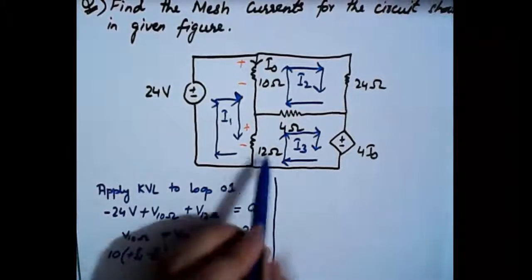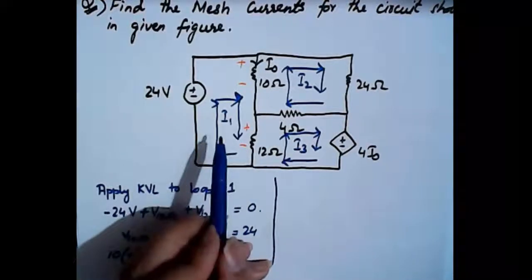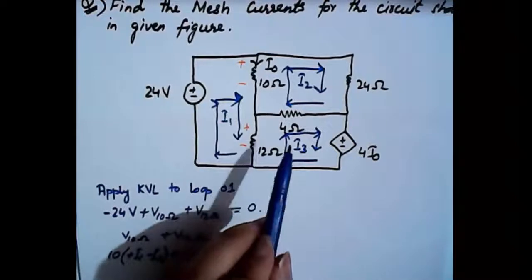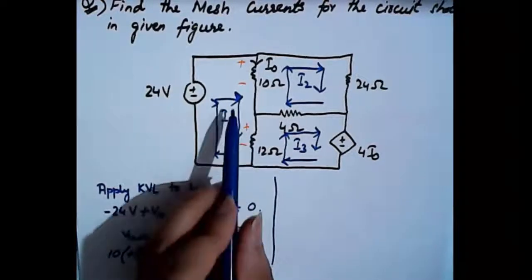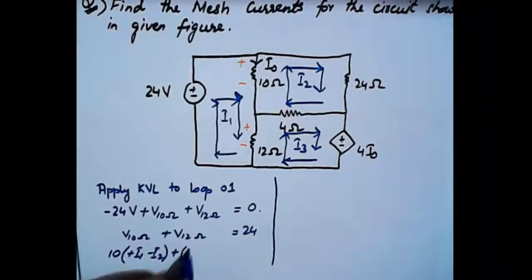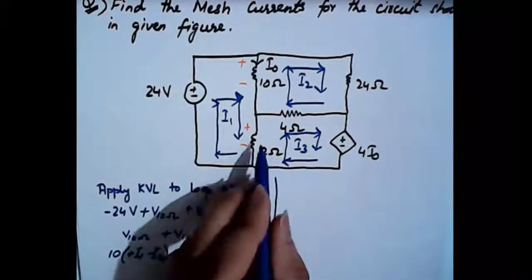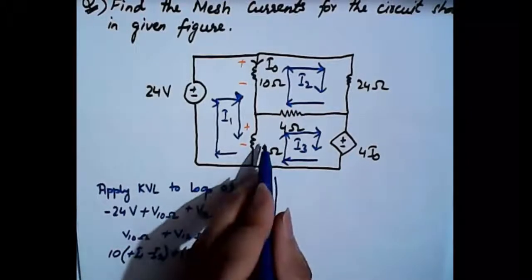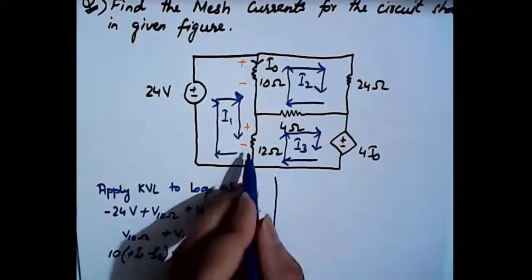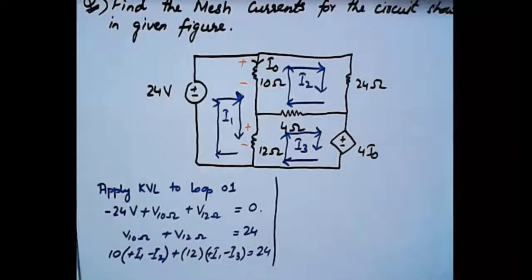Similarly, when we are talking about the resistance of 12 ohms, again it is a part of two loops, but here the loops are loop 1 and loop 3, and I1 is entering the positive terminal, right? So the resistance is how much? 12, and I1 is entering the positive terminal, so it will mean plus I1, and here I3 is entering the negative terminal. This is the flow of I3, right? This is the direction of I3, so it is entering the negative terminal, which means minus I3 is equal to 24. I hope it's clear now.